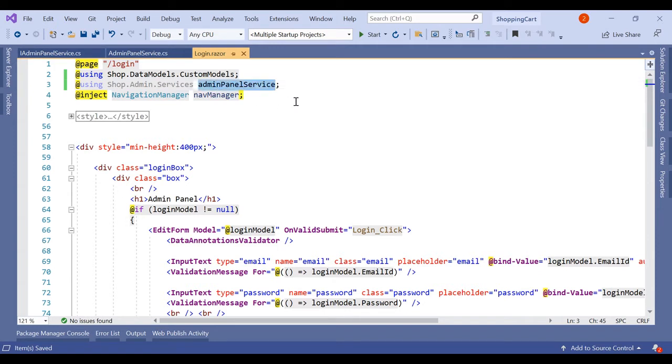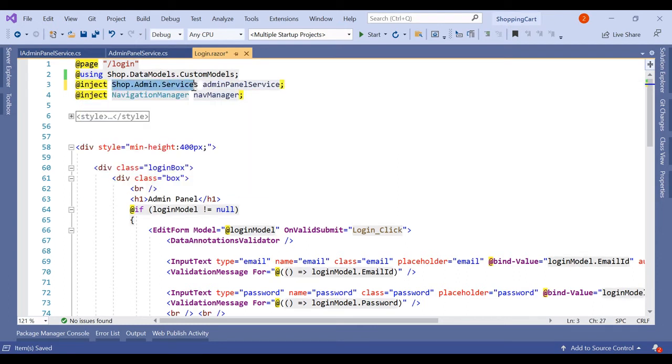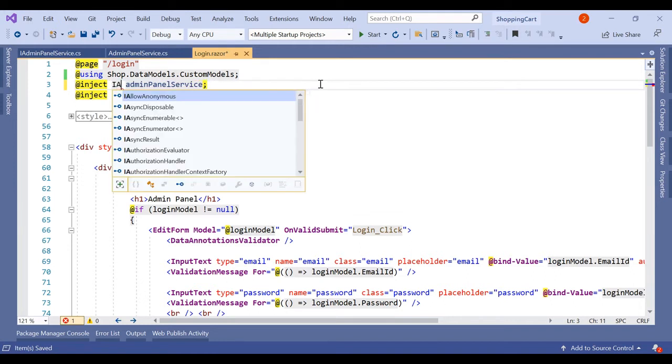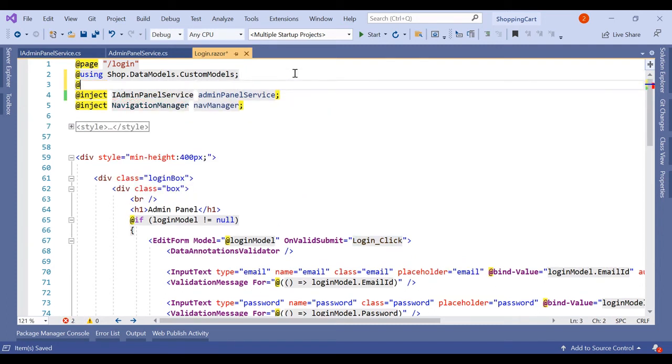Here we have to use the interface actually. Instead of using, we have to inject because it's a service. iAdmin service, and here we have to use shop.admin.services. Okay, so in this admin panel, we have created an instance of this admin panel service,